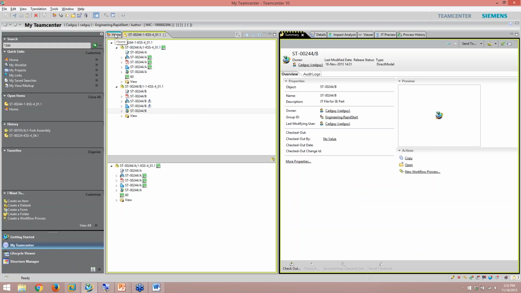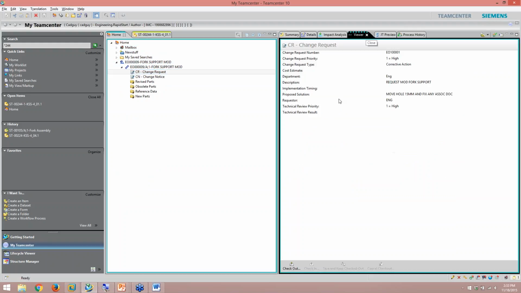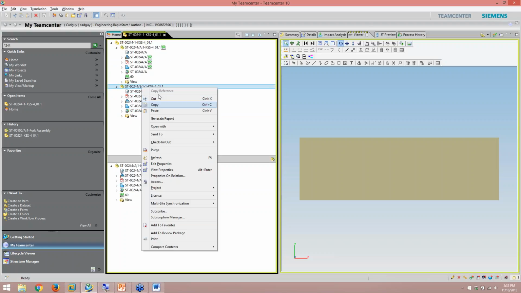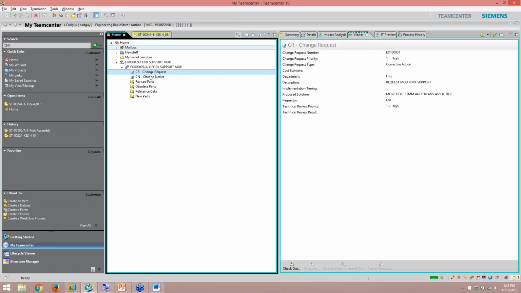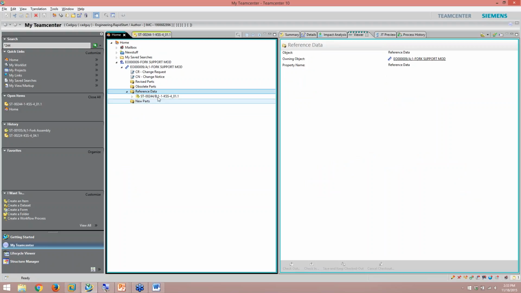If I wanted to start my engineering process, my engineering change process, I have the items set up right here. I have the form filled out. The only thing I'd have to do is attach the data so it can get sent through the workflow. That's easily done by right-clicking and copying reference links. So I can right-click and paste, and I have created a reference inside Teamcenter.